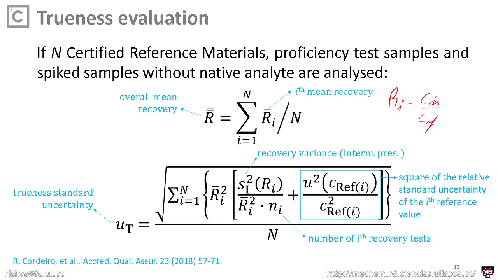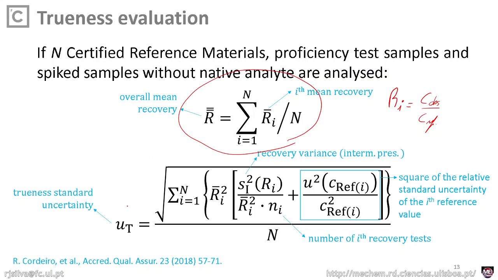If you have many more from one than from the other one, you can calculate a weighted mean if you want. That depends on the degrees of freedom of all estimated mean recoveries. But in most of the cases, you can apply this formula. And if you use this formula,